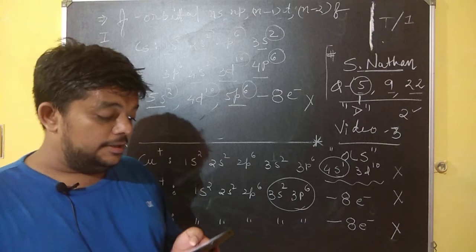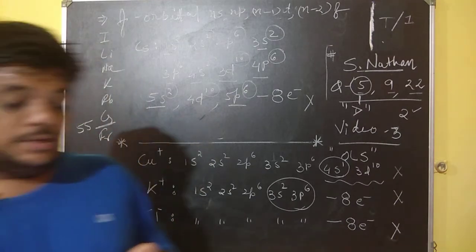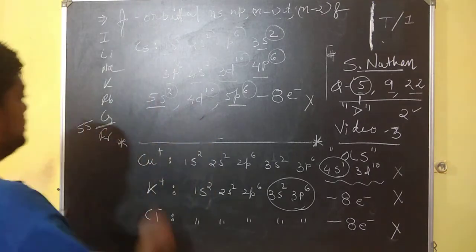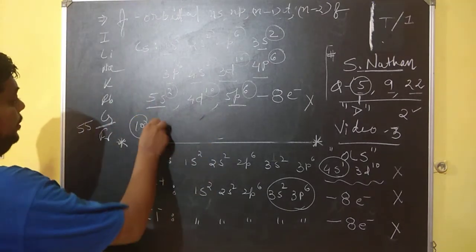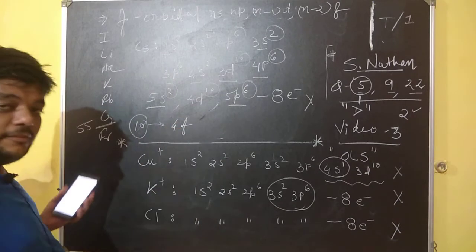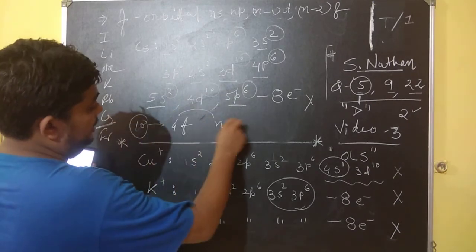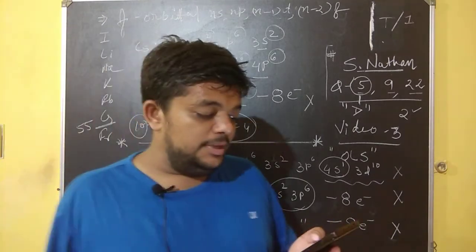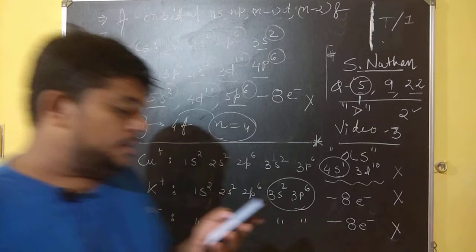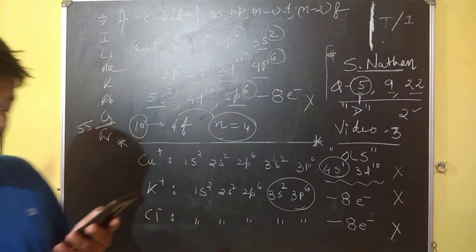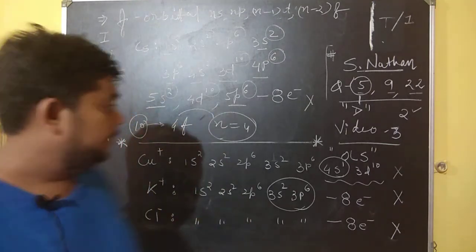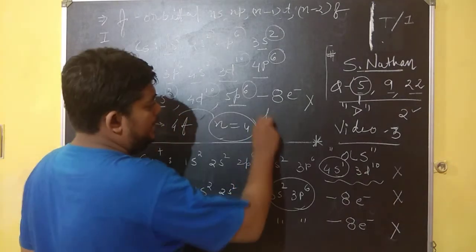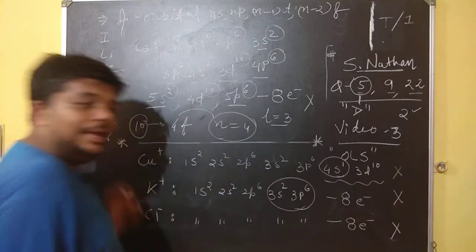I am quite confident about question number 10: which one is correct for an electron in a 4f orbital. See, this is a very particular question, number 10, where I have 4f. From this 4f itself I can say that n is equal to 4. So of the 4 options, options A, B and C will work, option D will not work. Options A, B and C with plus half, minus half will particularly work. But remember, when I say 4f, it means l is equal to 3. Why l is equal to 3?